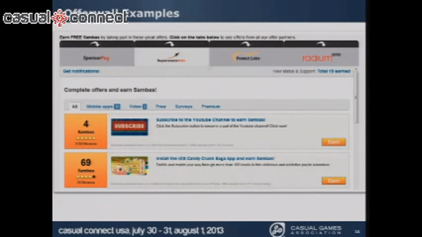One thing I'll say about offer walls is one of the best practices is to use more than one provider. So this is an example of a publisher that's using 4 different providers in a tabbed format. We've seen that publishers that use more than one provider are seeing an increase of 10 to 20% lift in overall revenue as a result of using more than one provider.